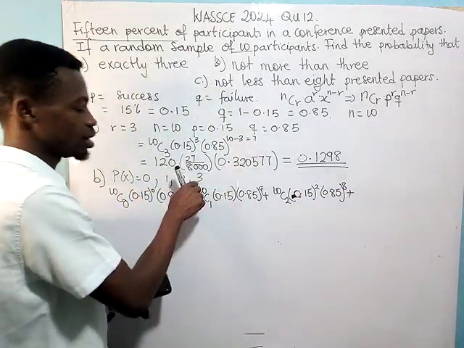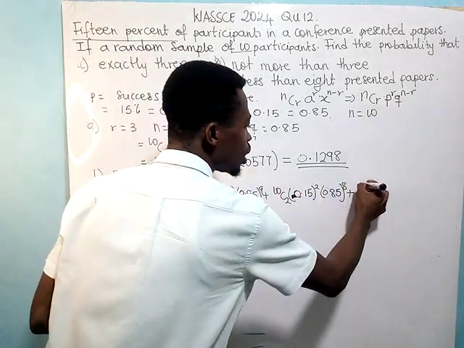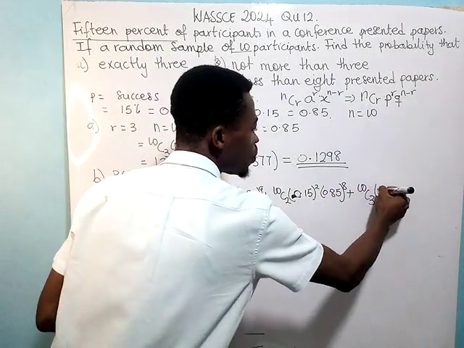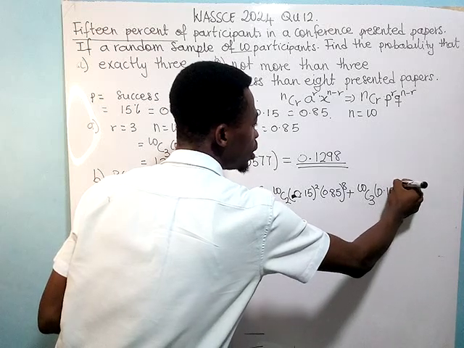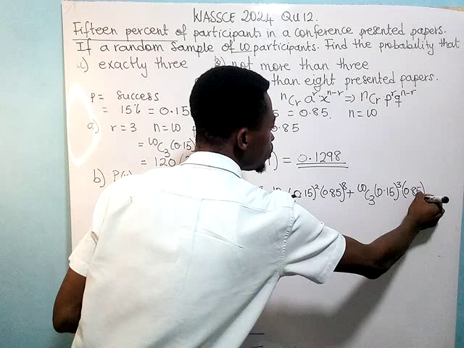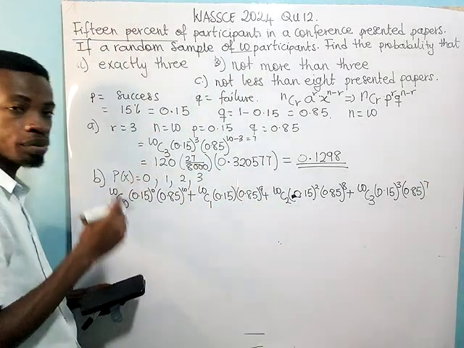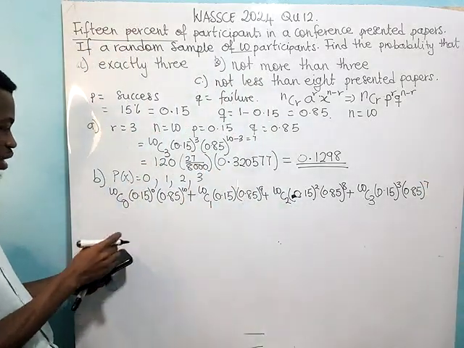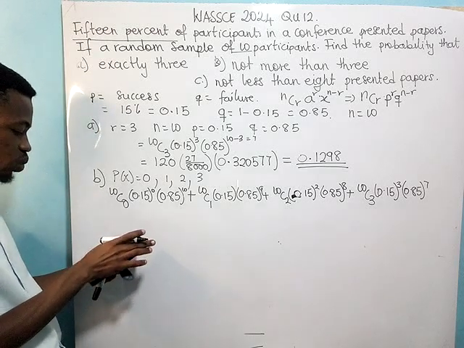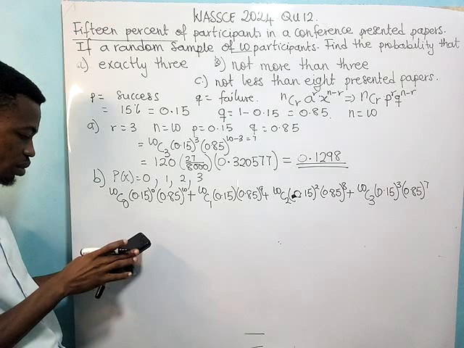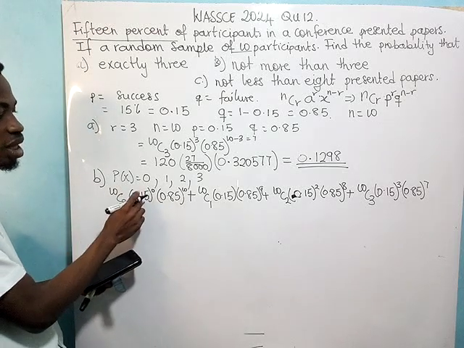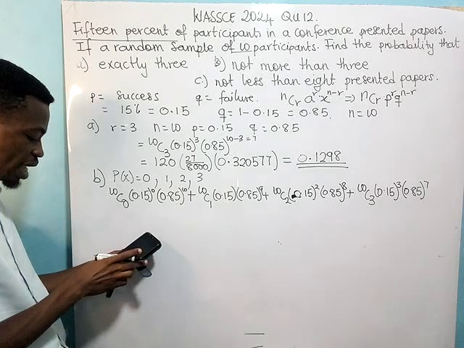Then plus 10 combination 3, having 0.15 to the power 3, then 0.85 to the power 7. So quickly, let's fix our values. 10 combination 0, as we already know, is 1. This also gives us 1. So we have 1 times 1, then 0.85